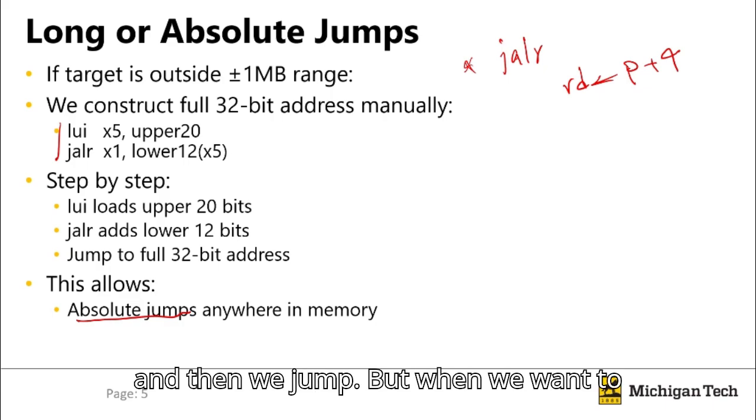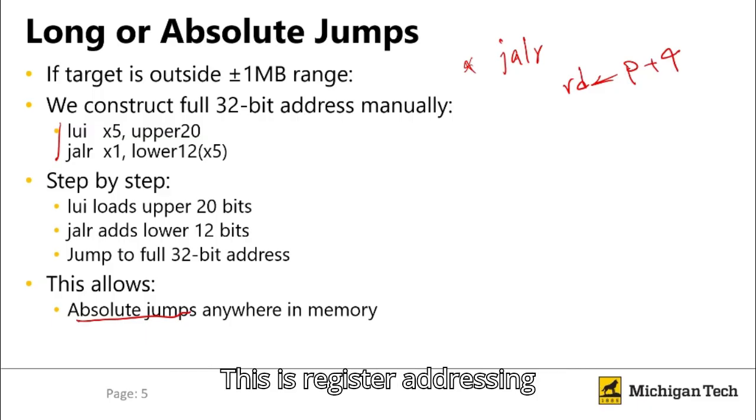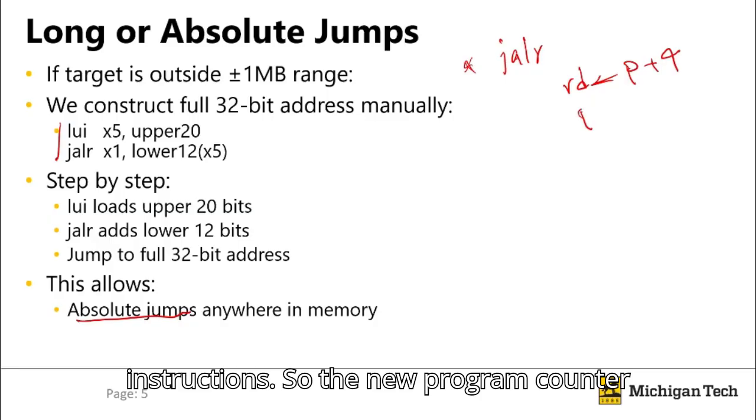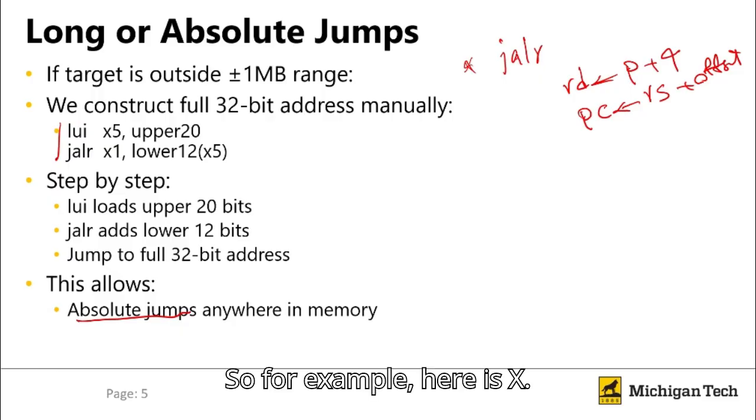First thing, and then we jump. But when we want to jump, this is not PC relative anymore. This is register addressing instructions. So the new program counter is a register source, plus offset. So for example, here is X, I put register source and offset,